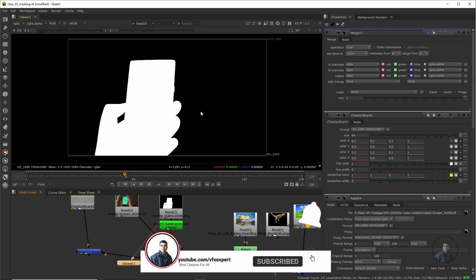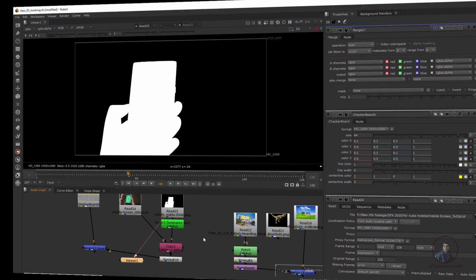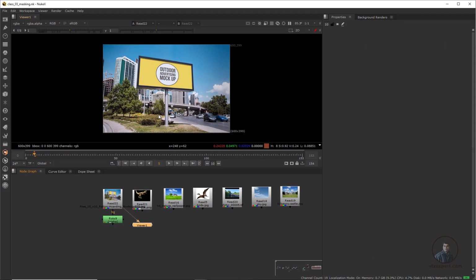So now how can we create this matte? Generally in Nuke there are two methods. First, with the help of a mask or Roto node, and second, with the help of a Keyer. With any Keyer you can create your matte, maybe the Keyer node, maybe Keylight, maybe Primatte, maybe IBK. Like this you can use any Keyer and create your matte inside Nuke. Now let's see how we can create a matte with Roto or mask.